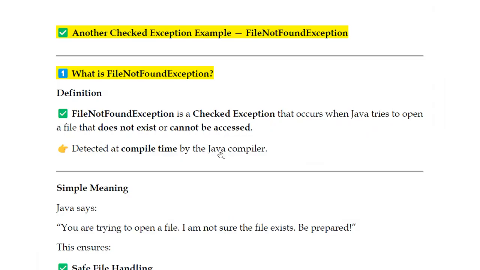In our previous session, we discussed the introductory exception in detail. Next, we'll discuss the FileNotFoundException. First, try to understand what is meant by FileNotFoundException. It is a checked exception that occurs when Java tries to open a file that does not exist or can't be accessed. Example,